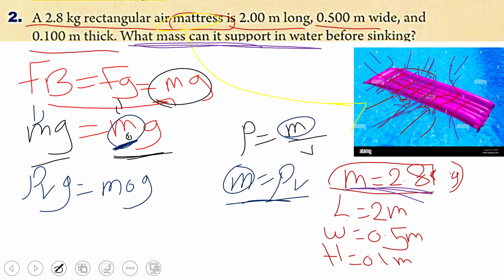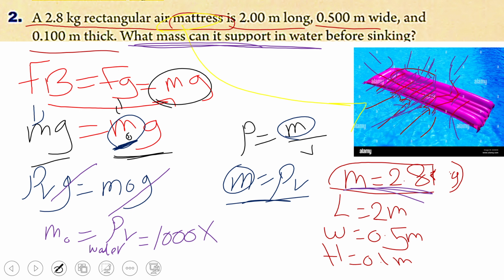Guys, as we know, g and g both can be cancelled because both have the same value, both are acceleration, 9.81. So only m naught is left, which is equal to rho V. This is the density of the water, and the density of the water is 1000 all the time, times the volume. Guys, volume is the multiplying of three quantities: long, wide, height,